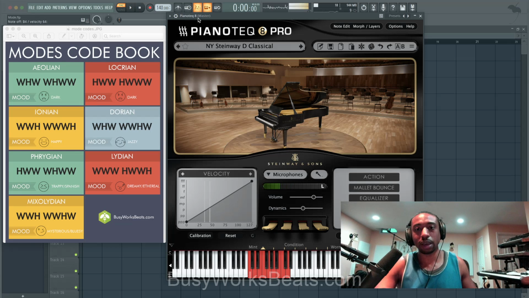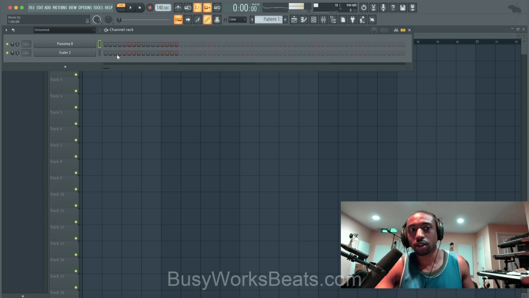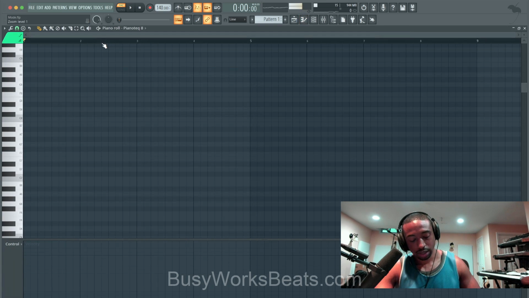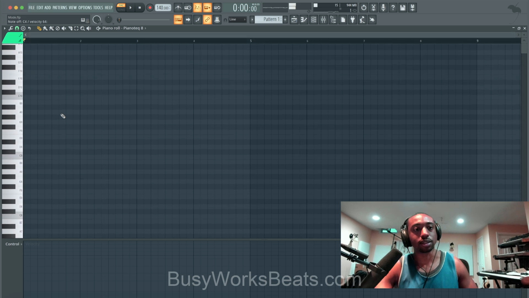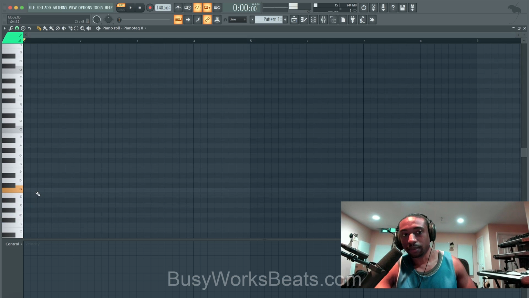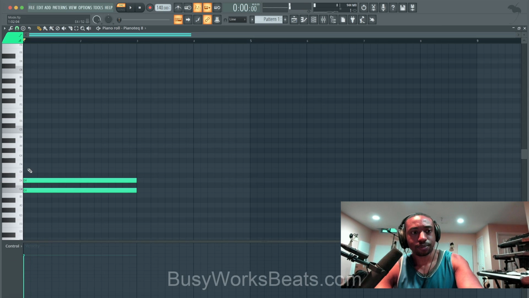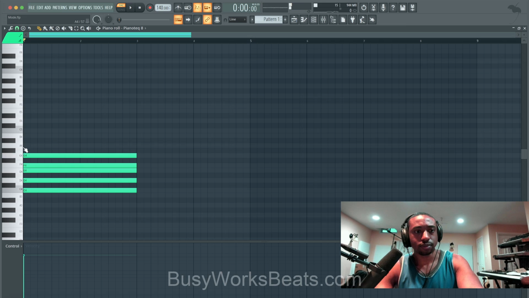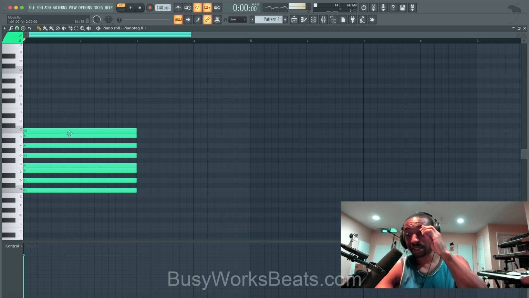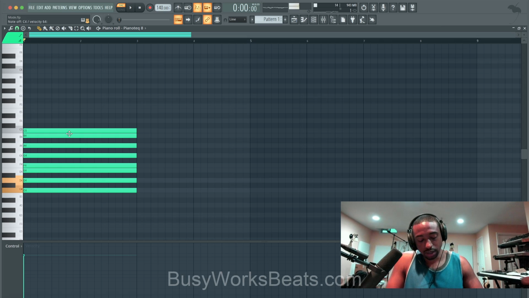a scale. So let's map this out so you can visually see. I think a horizontal view would be a little bit better, okay? Because you'll start to see how simple it is. Okay, so let's start here at C. We're gonna map all the white notes starting at C. So all the white notes starting at C to C is C major, starting at C.